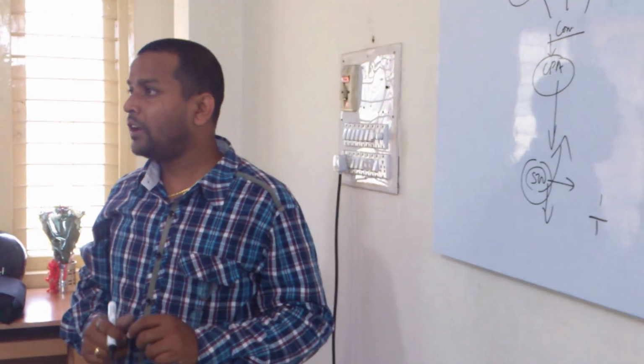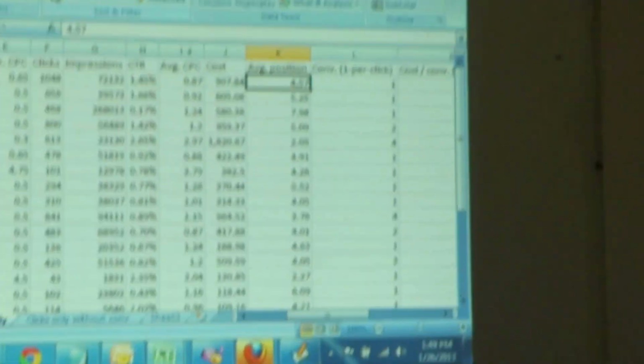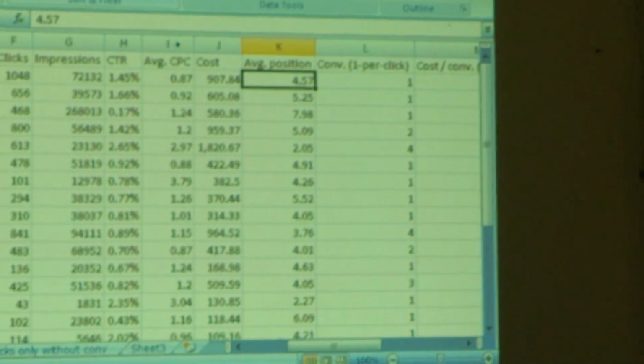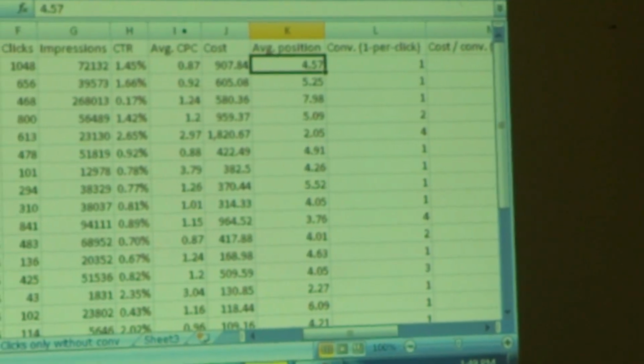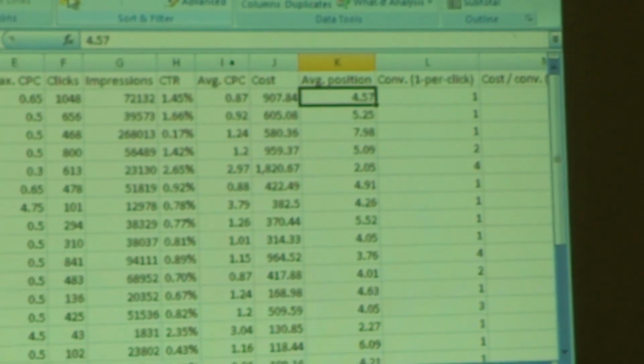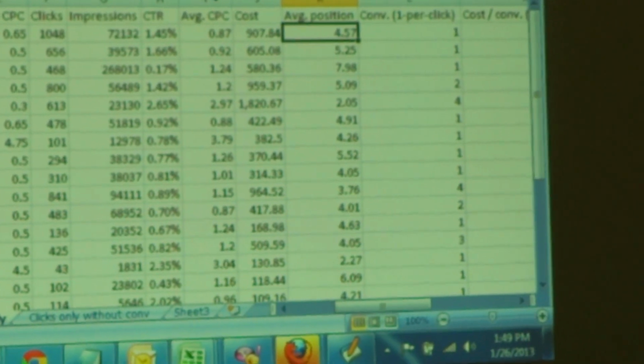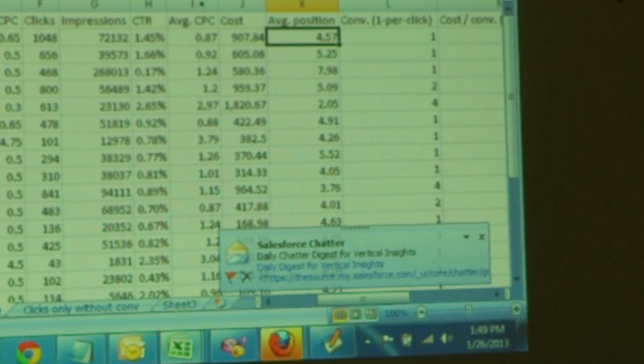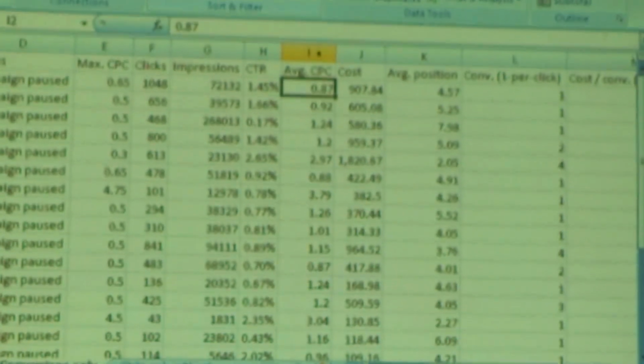Now 906 over there. Now the second thing, from here everything is related to position. Now go left hand side. Now the first one, the CPA is what? The CPA is 900 and the position is also good, 4. 4 means you are showing up on the right hand side. Now what you got to do is reduce the bid so that you reduce the position and you reduce the spend so that the CPA will also reduce. So to reduce the position, what you got to change? You have to change max CPC.